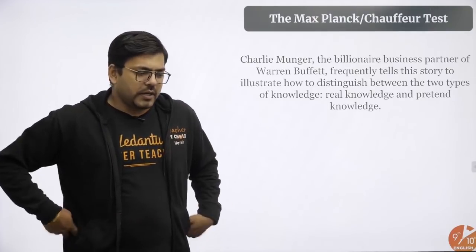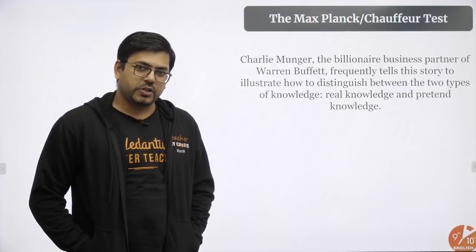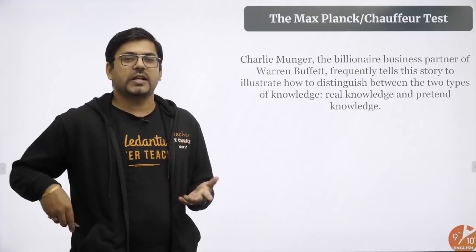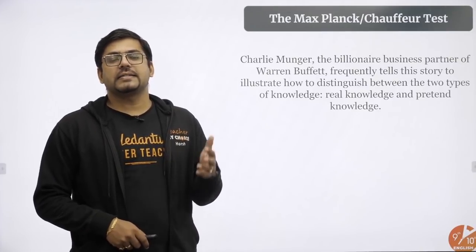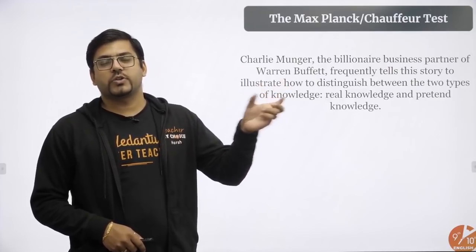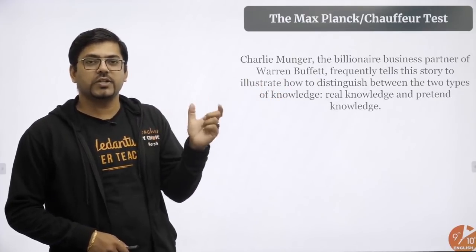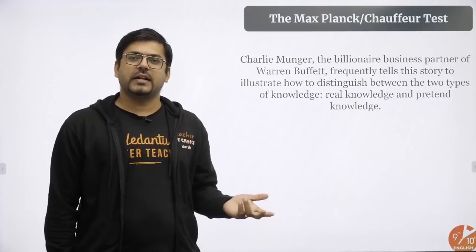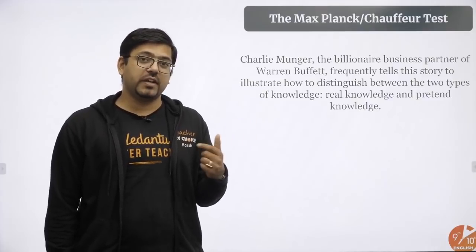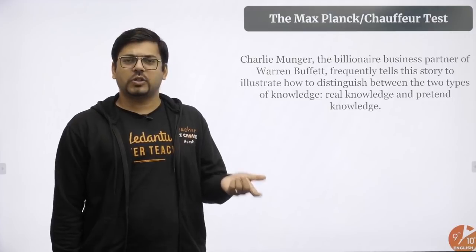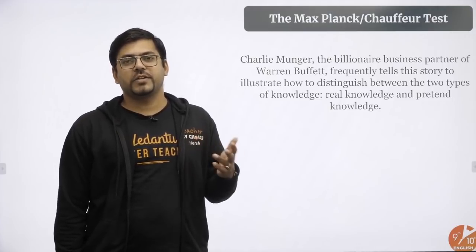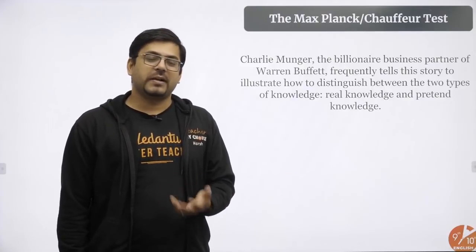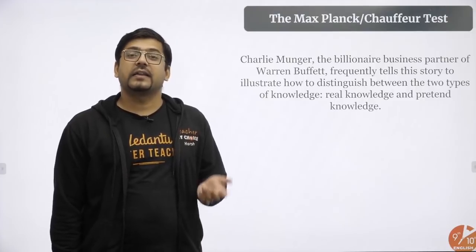So he is the friend of Charlie Munger. Charlie Munger is a friend of him, and Charlie Munger used to tell this story most of the time in his speeches. Charlie Munger says that this is the difference between original knowledge and chauffeur knowledge. Because original knowledge, if he would have been originally Max Planck, he would have answered that question like this. Or probably even if he would not have answered like that, he would have given a thought. He would have answered so that people would have understood that, oh yeah, really, he is Max Planck. But the way he answered, people understood that, no, he is not Max Planck. And that is the reality.